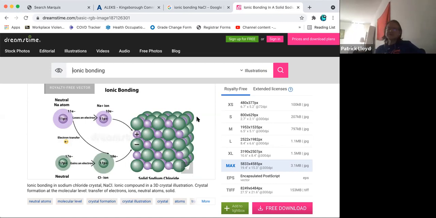I mean, you can make it more difficult by considering certain aspects of it, but it's really a type of bond that involves generally metals, right? Because metals form cations, and non-metals, which form anions, and those 2 ions are attracted to each other through electrostatic attraction. Now, we can show through